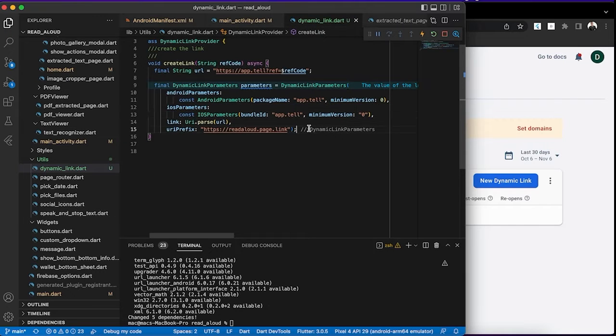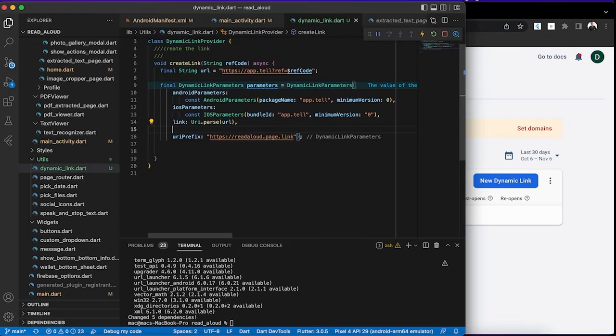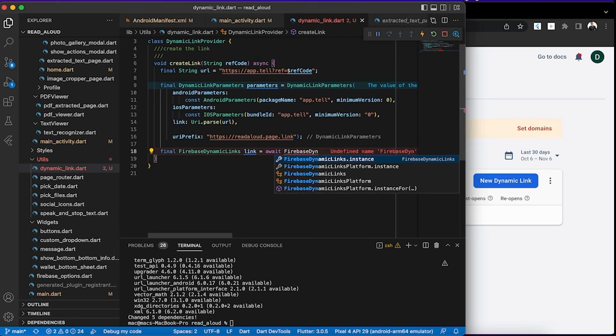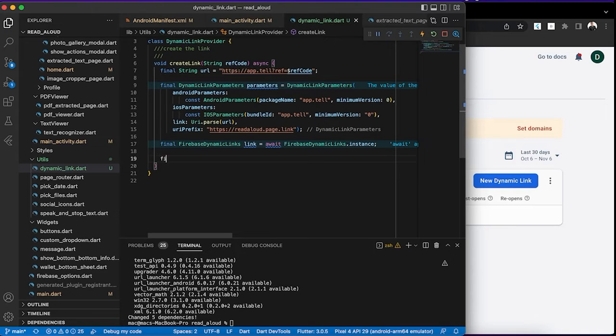Yeah, so I think that's pretty much it for that. You can actually set your social media tag, but we won't be doing that. So the next thing I'll be doing now is to create the dynamic link. So I'll have a Firebase dynamic link, I'll call it link, and I will await FirebaseDynamicLinks.instance. From there I'm going to create the link, and I'll call it ref link, equal to await